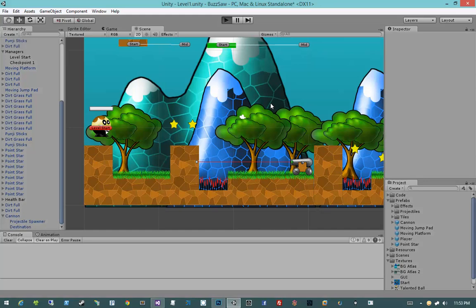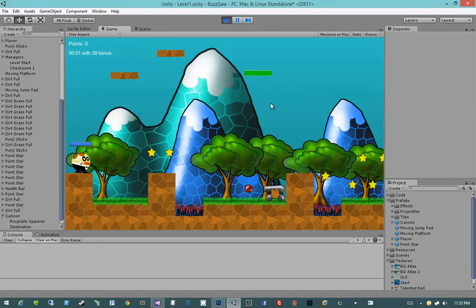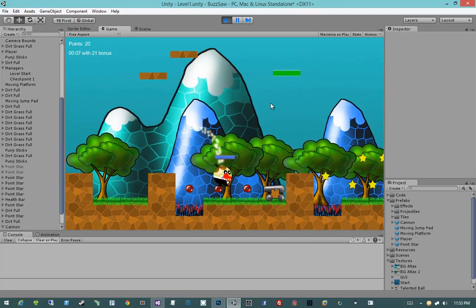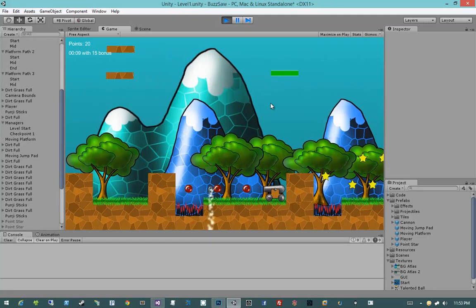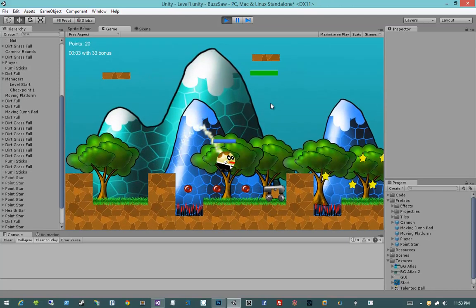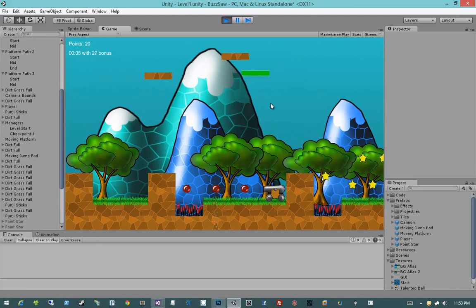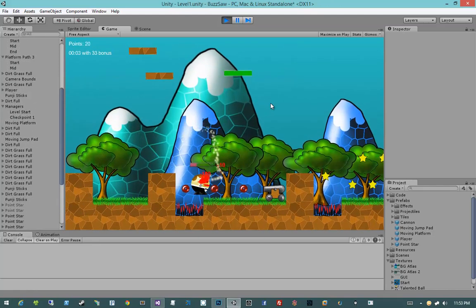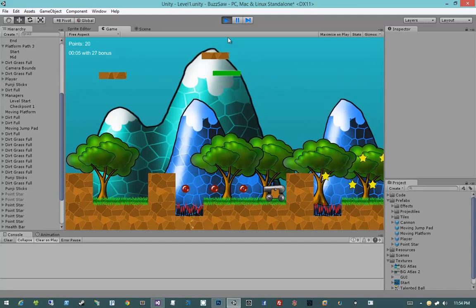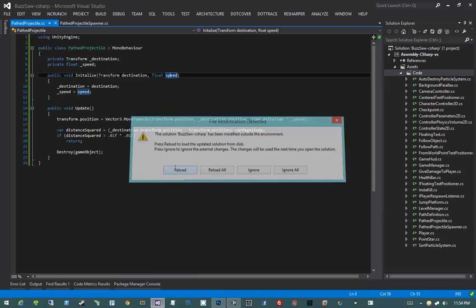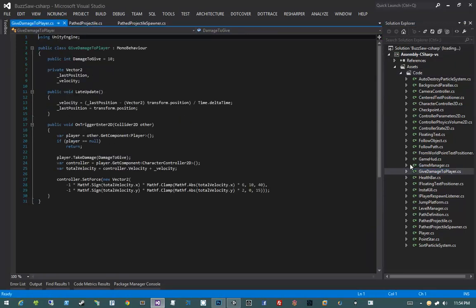So now if we go ahead and hit play, we should see those buzzsaws being created and then destroyed. And then you see that we do indeed lose a bunch of health because we kind of get stuck. It seems that our Y value on our knockback and our give damage really isn't working the way that I want it to. So let's jump out of Unity, jump back into Visual Studio, locate our give damage to player script,